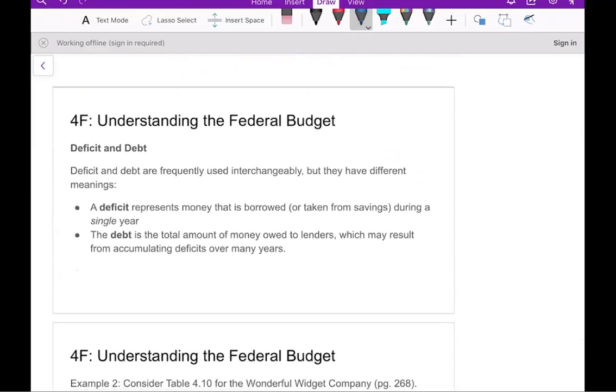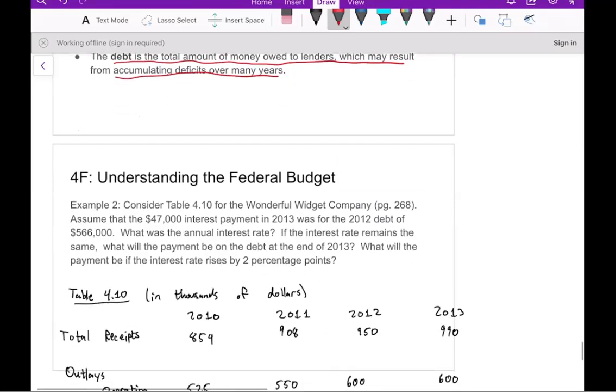Now, the words deficit and debt are usually used interchangeably, but they do have different meanings. Now, when you talk about the deficit, that is money that's borrowed or taken from a savings during a single year, right? Now, the debt is the running total of all money that's owed to lenders, right? And this could be the result of accumulating deficits over many years, right? So when you hear deficit, you want to think a single year. And when you think debt, you want to think of the accumulation of all debt, all deficits, I should say,